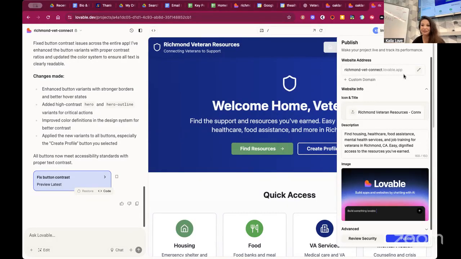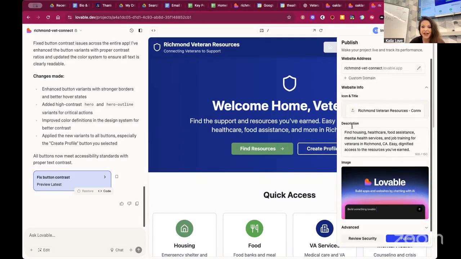Yeah. So it gave you the description. You could select an image here, right? If you have some type of background image, and then you can literally publish. Once you click publish, you can just start sending that domain out, and then you're in your testing phase. And then you just take that feedback. And then I'm constantly iterating on here, right? Even with the Homebase Hackathon.